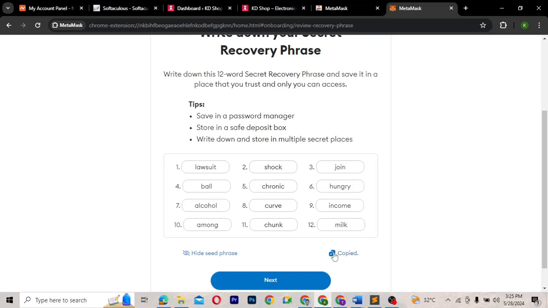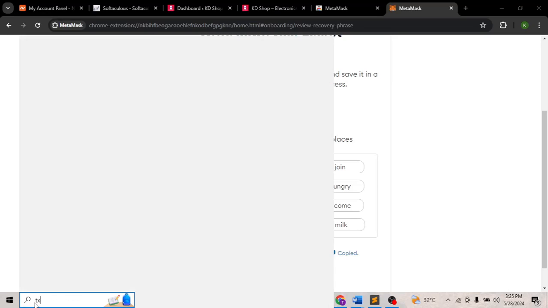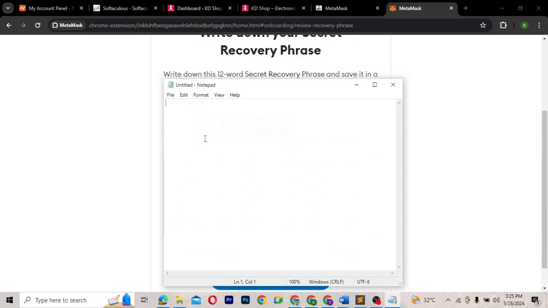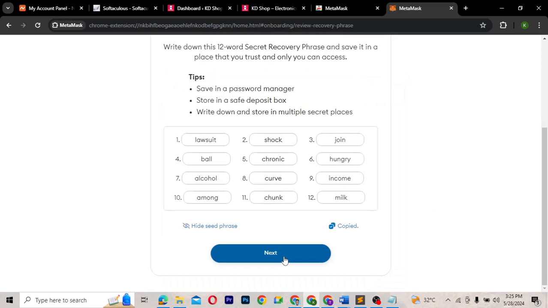it somewhere. So I'm going to just create a text page, Notepad, over here and put it in it. So I'm going to put it over here. Okay, so this is my secret recovery phrase. Now that I have this one, I'm going to click on next,